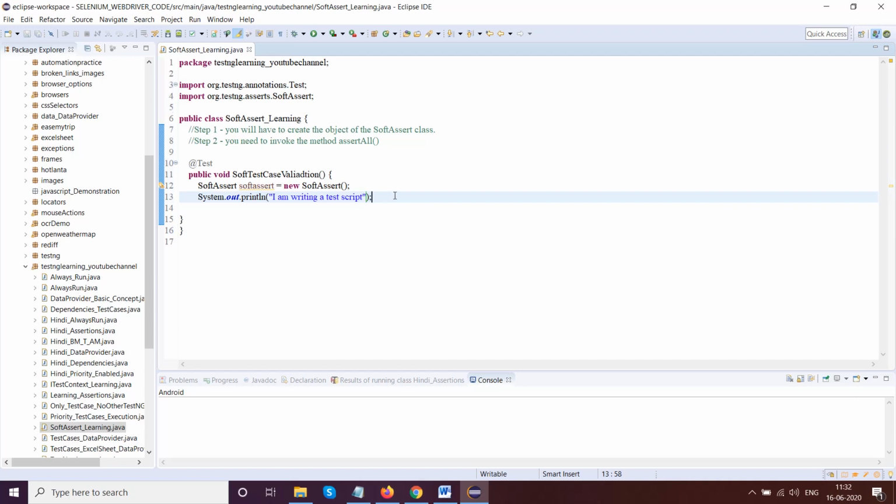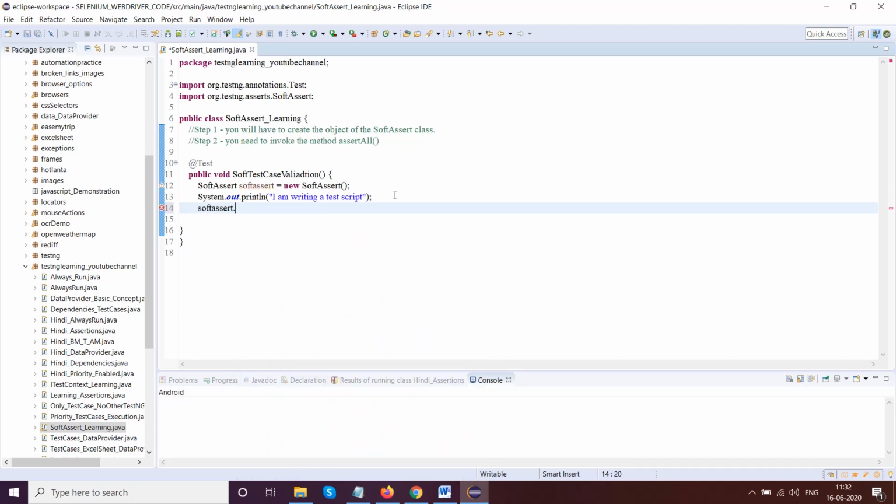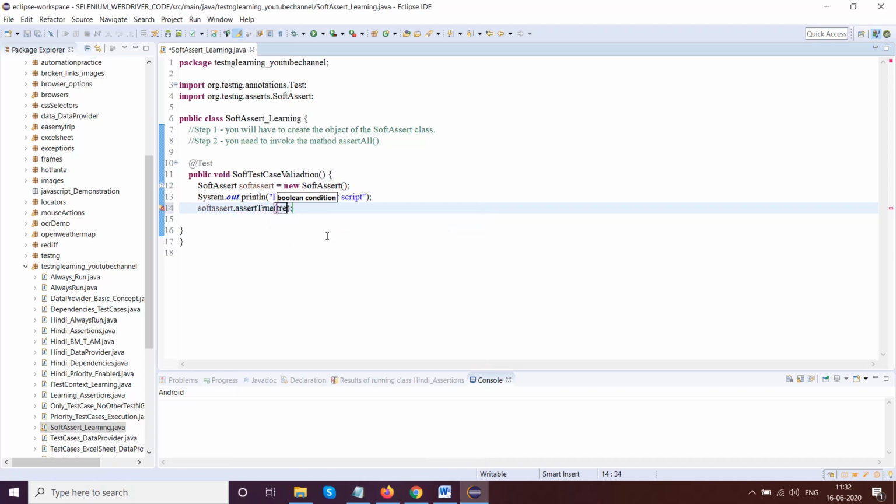Fine. So now how will soft assert work? I'll give a logic here: softAssert.assertTrue, and for the boolean condition, let me give true. Fine. Now I will write syso, I am writing a Java logic.